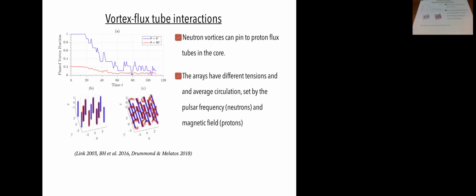So these are some simulations that Lisa Drummond did with Andrew Melatos, and also the arrays that have different tensions, etc. And you see that you end up with some tangle once you start inclining them one to another. And this inclination angle that Carlo mentioned is actually very important in determining, for example, here the number of pinned vortices that you have in the system. And as I said, there is some indication that probably you need to involve part of the moment of inertia in the core in large glitches in the Vela pulsar. So this kind of thing is very relevant.